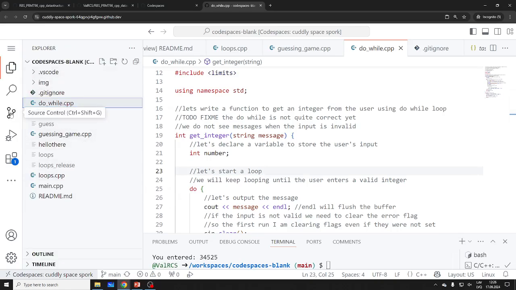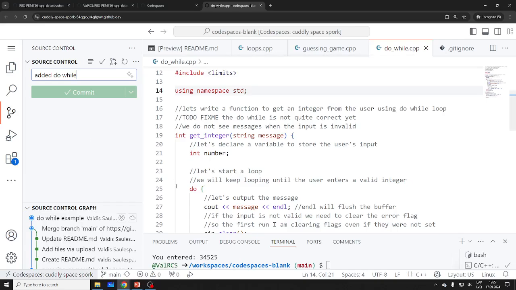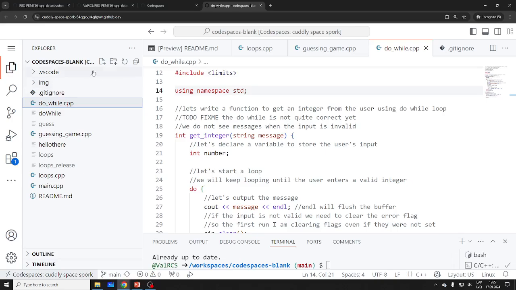Right. So, added do while. By the way, I wonder why source control is now saying I don't have any new branches. What's up? Is that git pull? No, it's update. I can't push now. I don't know what's up. Is that okay? Let's do a new one. So, for loop.